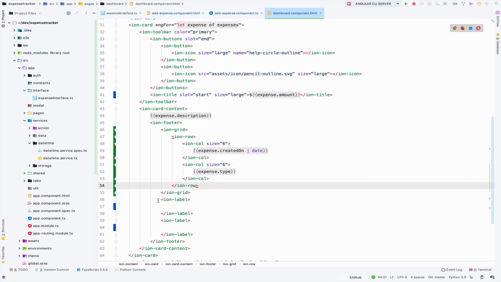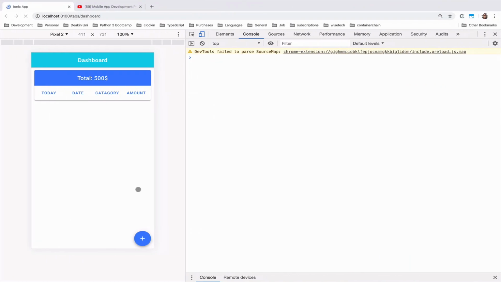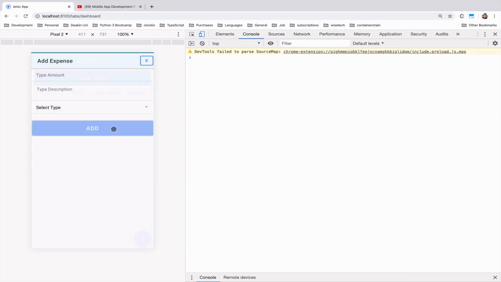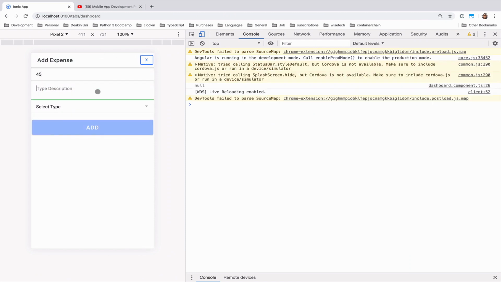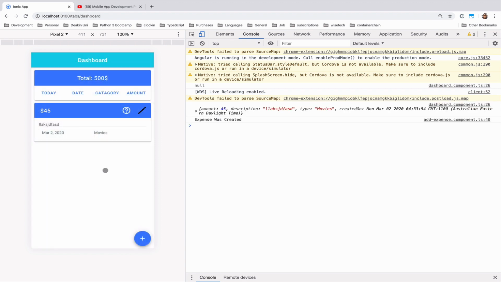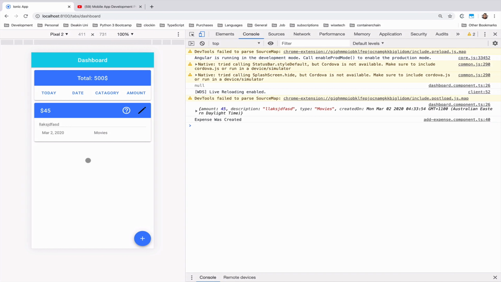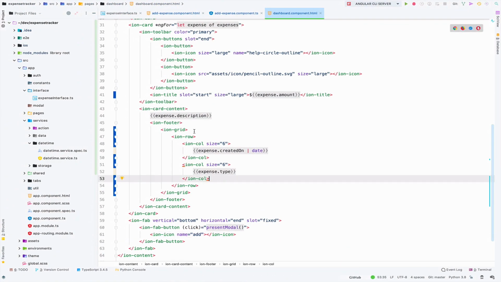And I'm going to get rid of these two labels there. Let's see what we have. Again, we still gotta keep adding this expense. I'm just gonna fix it in a second. Let's add it, and there you go, a date there. Okay, that looks good. I'm going to add